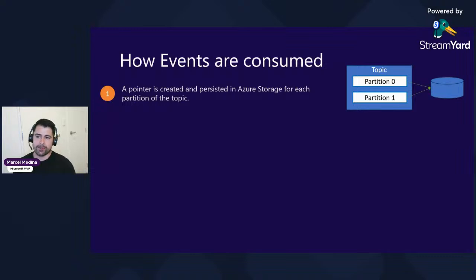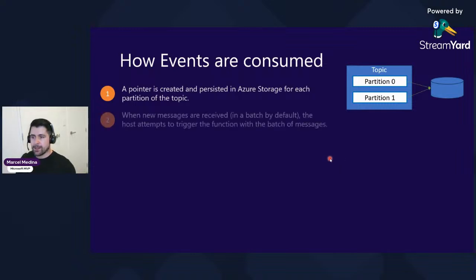So a pointer is created and persisted on Azure Storage for each partition of this topic. As you can see here, for each partition that we have on the topic, we're going to have this on the Azure Storage. Azure Function is going to handle that for us. From there,